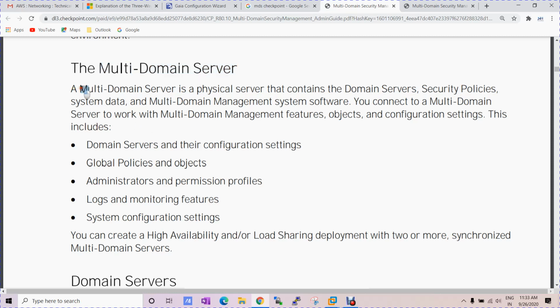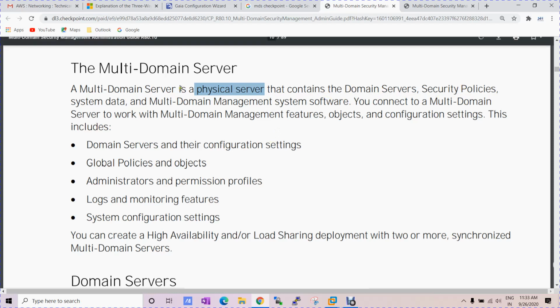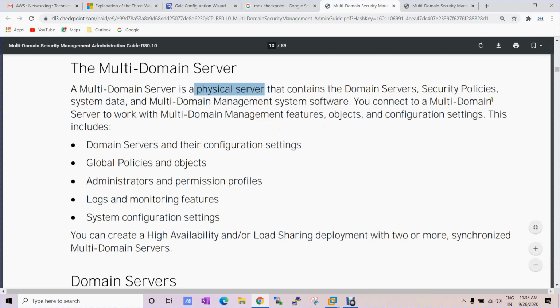So MDS stands for Multi-Domain Server, and it's a physical server that contains... well, it's not necessarily a physical server, as you know Check Point provides the functionality. We can use it on hardware and software both. Hardware appliances are there, and in a virtual environment we can install and configure the software. It contains the domain server, security policies, and system data. So these are the multiple features in the MDS. I will show it in the image. And the multi-domain server management system software,